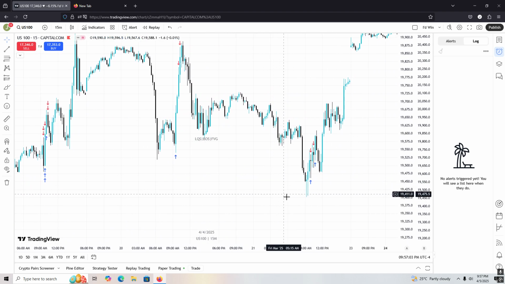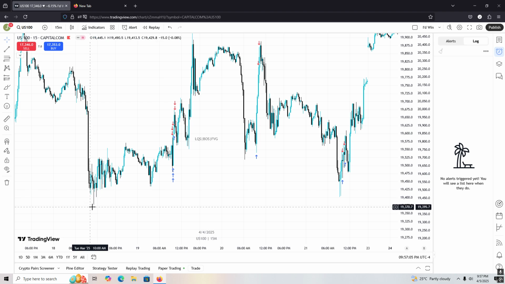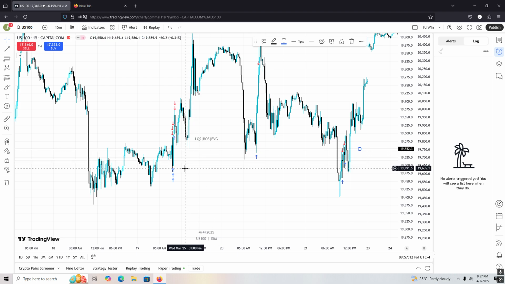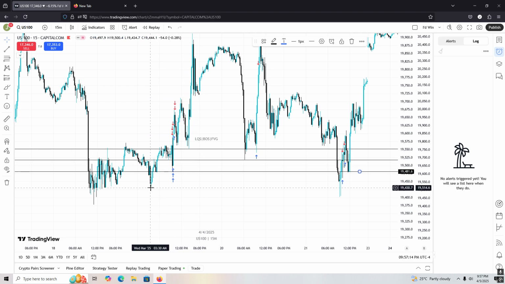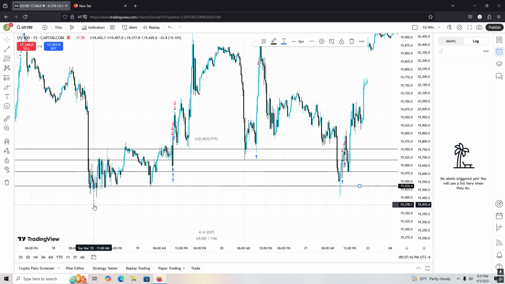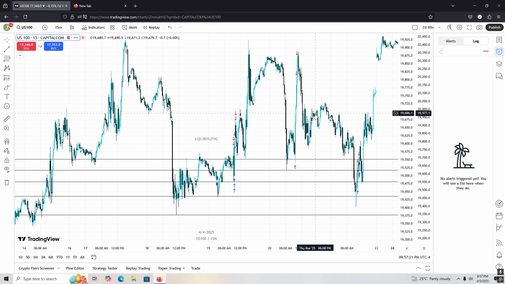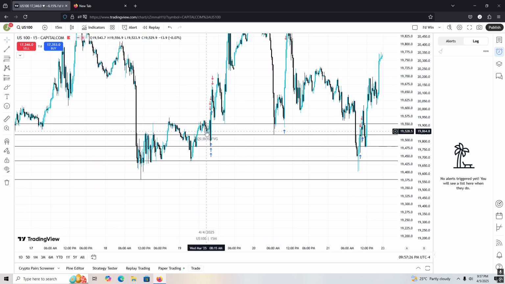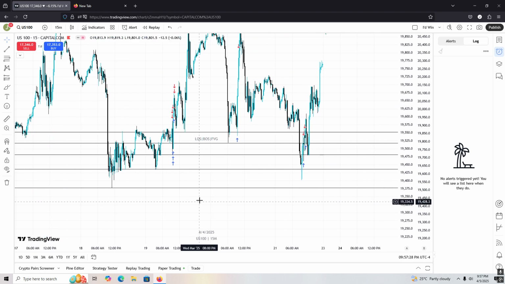Look at our next one here. See it has lows over here. All this here is liquidity. So basically, it was supposed to go up, but before it went up, it had to take out all these lows from before here. It had to take out this one, this one, this one, this one, basically.